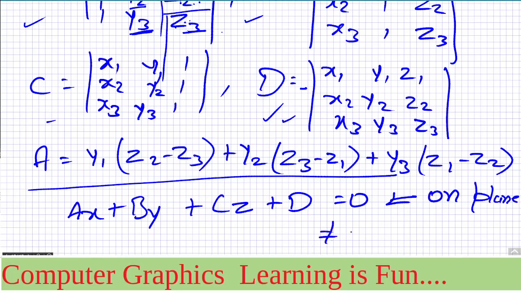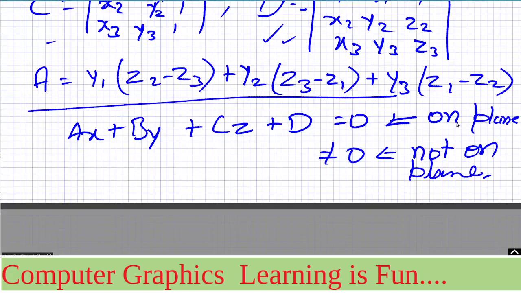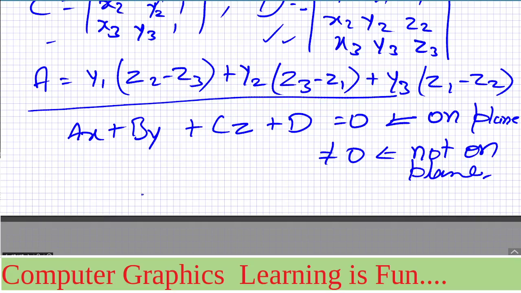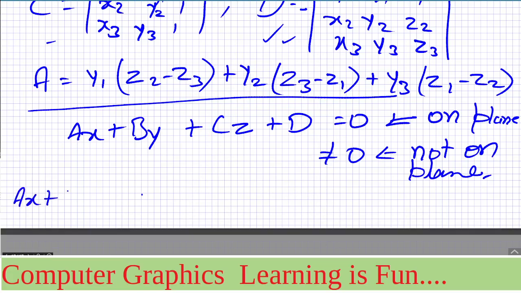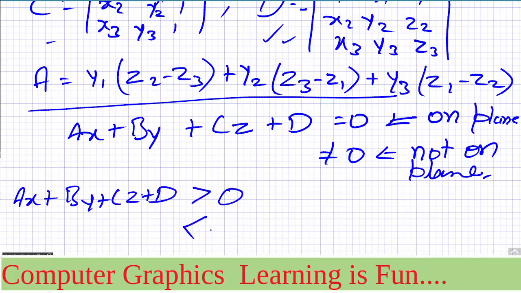If it is not equal to 0, in that case you can say it is not on the plane, okay. So if it is not on the plane, then ax plus by plus cz plus d is either greater than 0 or it is less than 0, right? If it is greater than 0, it means